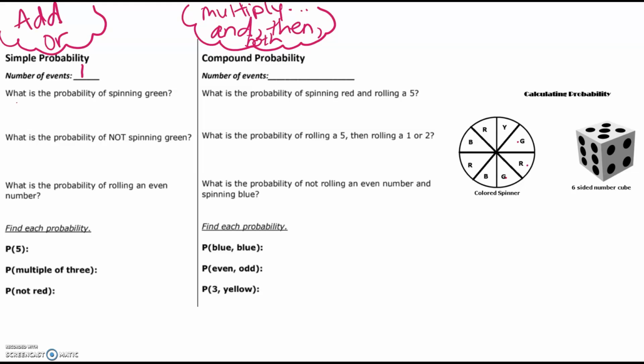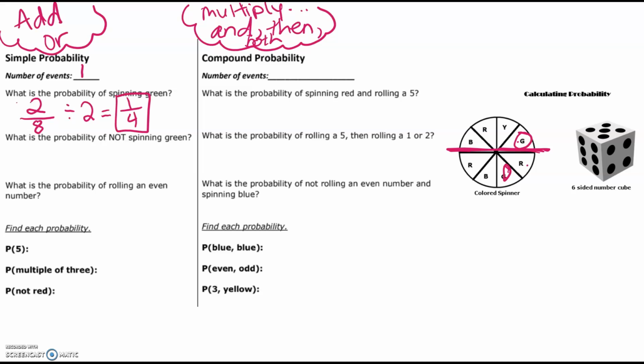So let's look at our spinner to the right. Well, it's asking for green. So we have 1, 2, and that looks like it. So 2 greens, and then again, I kind of cut it in half. Sorry, my screen on my computer is a little bit messed up, but I cut this in half to count 1, 2, 3, 4. So there must be 8, 5, 6, 7, 8. Yes. So over here where we're taking our notes, it's 2 greens out of 8 total. Well, we can simplify that and divide them both by 2. Okay, so if we divide both of those numbers by 2, we're going to get 1 over 4 as our